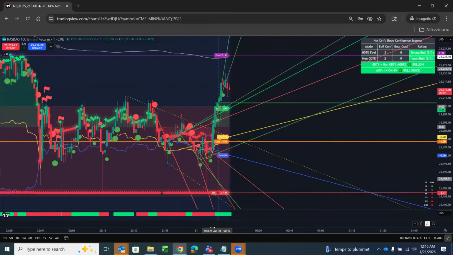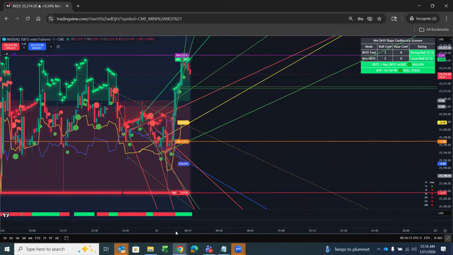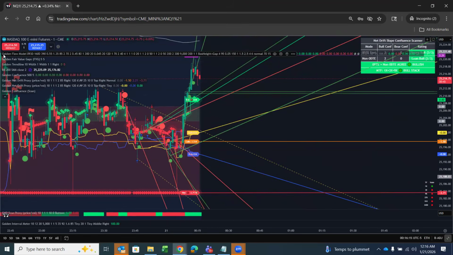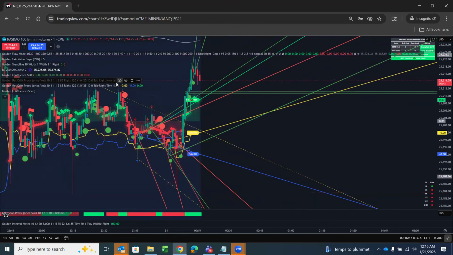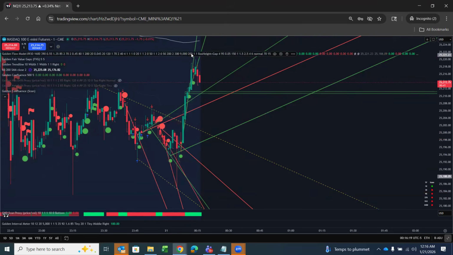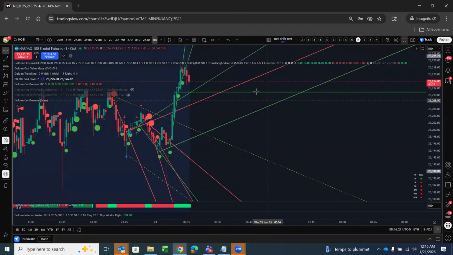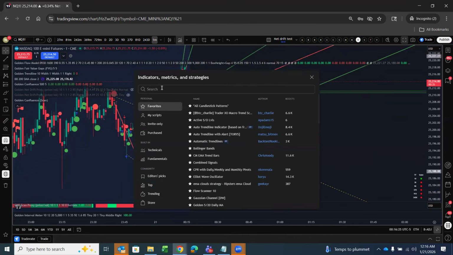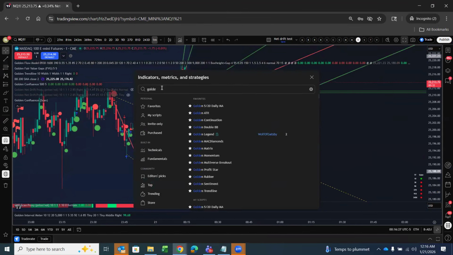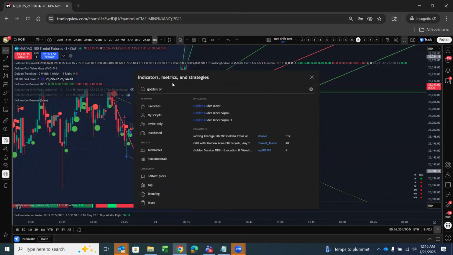So just change your view. If this is too dynamic for you, the golden net drift, that's fine. We have other indicators available. This is golden order blocks. Since it's a dynamic view, it's ever changing,